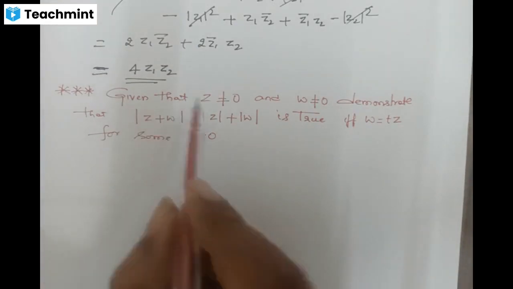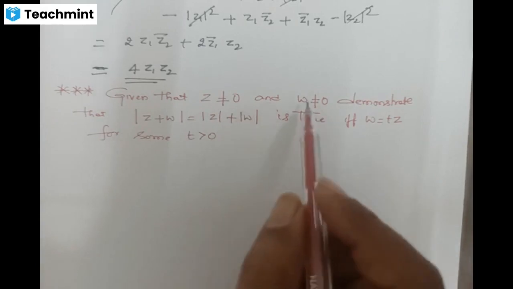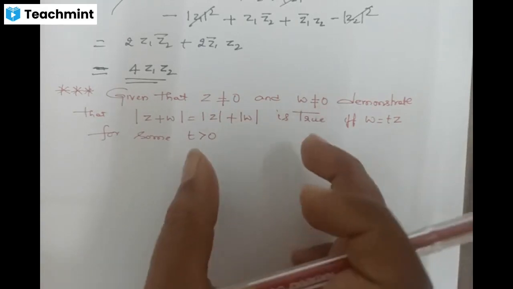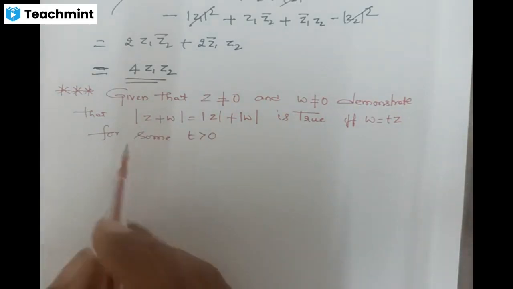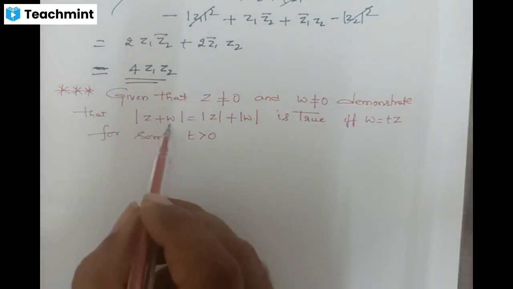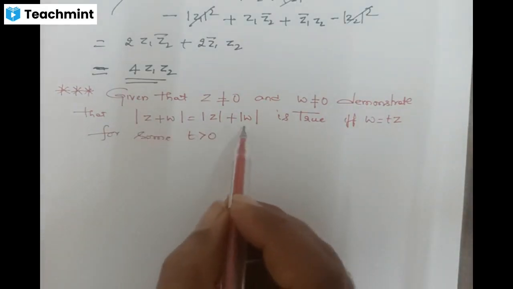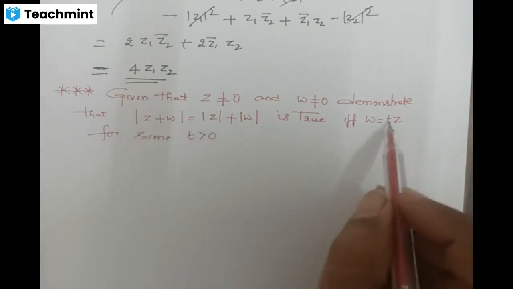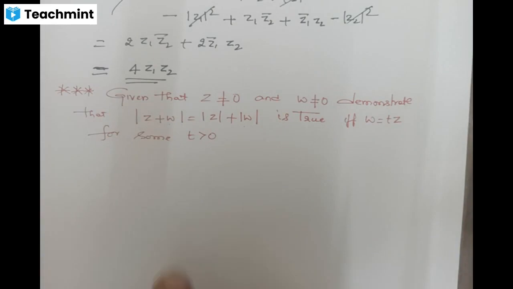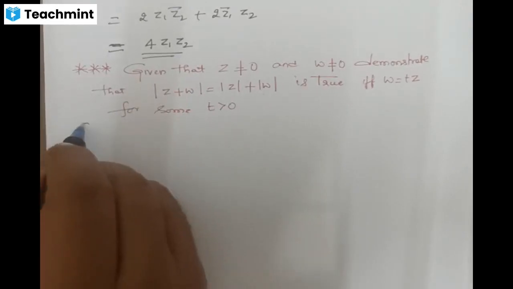Given that z is not equal to 0 and w is not equal to 0, meaning there are two non-zero complex numbers. Demonstrate that modulus of z plus w, we can write mod z plus mod w. This condition is true if and only if w is equal to tz for t more than 0. Okay, so in the solution, we can write,